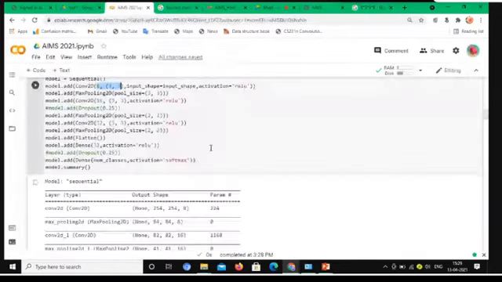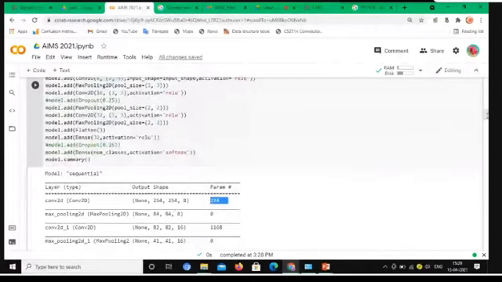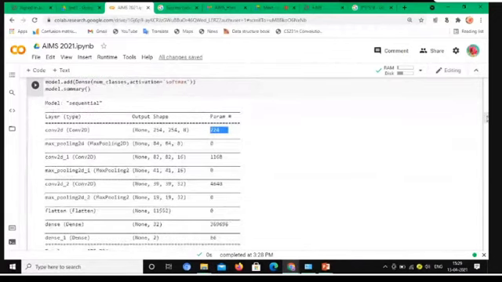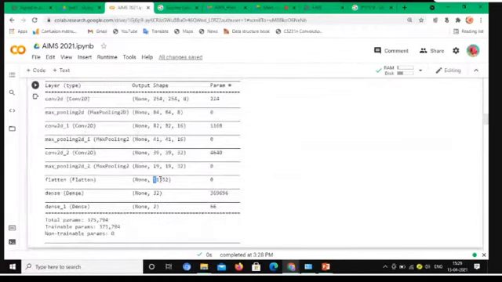So the number of filters into the kernel size into the number of channels, plus the number of biases. Based on this calculation, it appears in the parameters. Like that, we have to calculate the values, and finally it is calculated. Then for flatten, if we multiply this value by 32, we get this value.